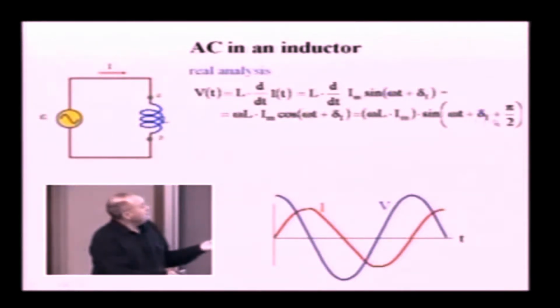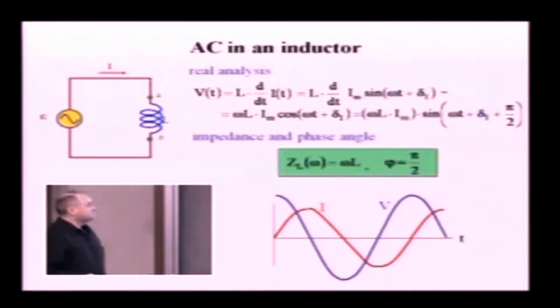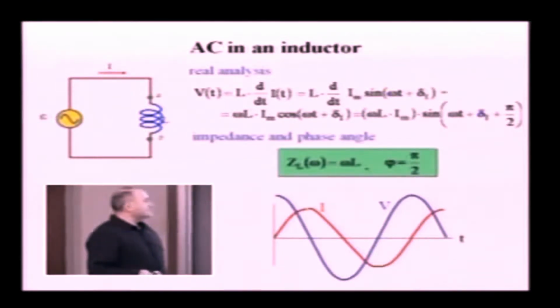So if I look at this expression, what is the phase angle? Pi over 2. Yeah, because from this number or from this number, I have to subtract either this number or this number. So no matter what, I will get pi over 2. So in an inductor, impedance is equal to angular frequency multiplied by inductance of the inductor, and the phase angle is always pi over